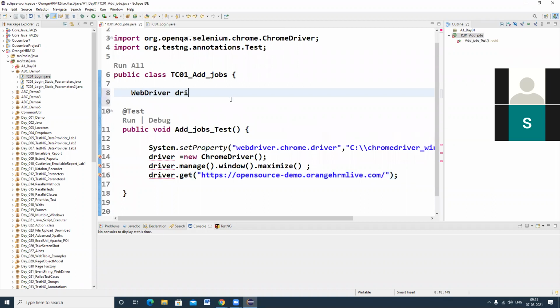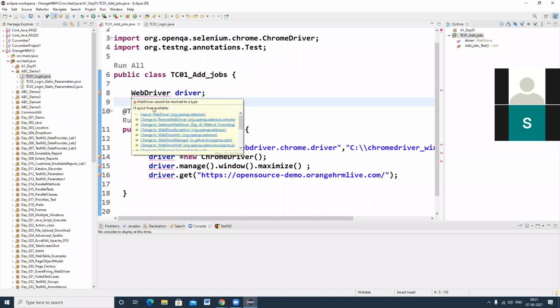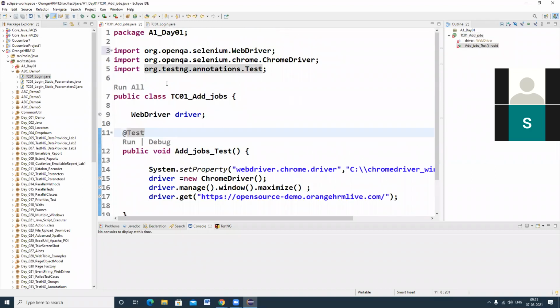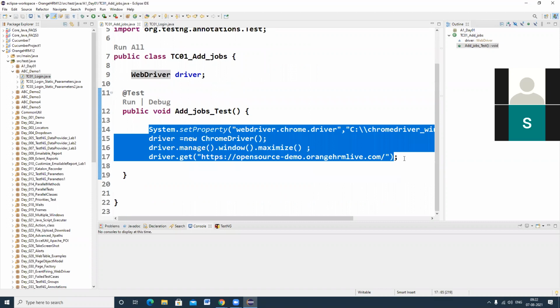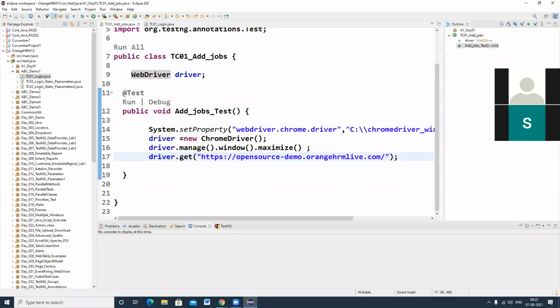This is the first point. So we have to import the web driver object. For the supporting libraries, just click on import web driver. So the supporting library imported successfully here. And we have written these 4 lines of code. Once you execute this program, your browser will be launched and application URL will be invoked.